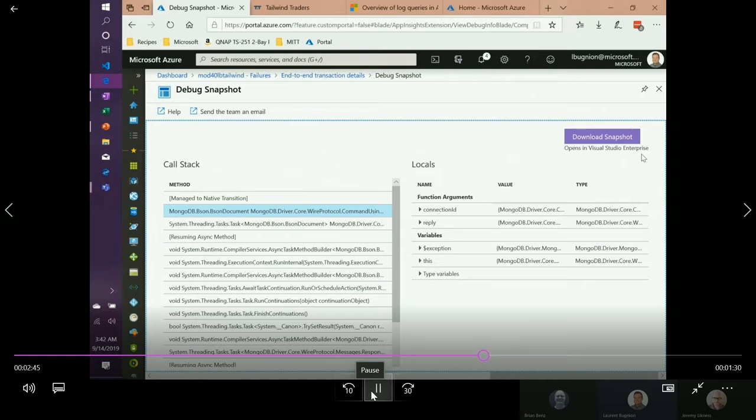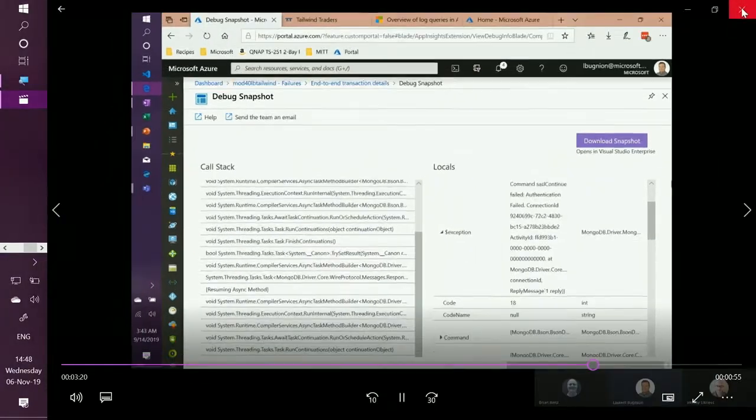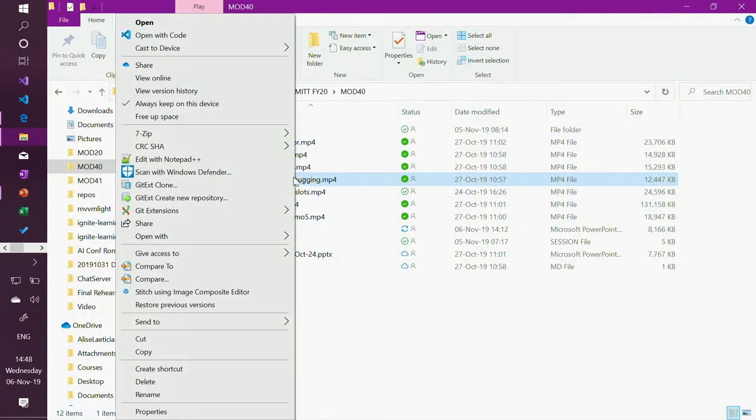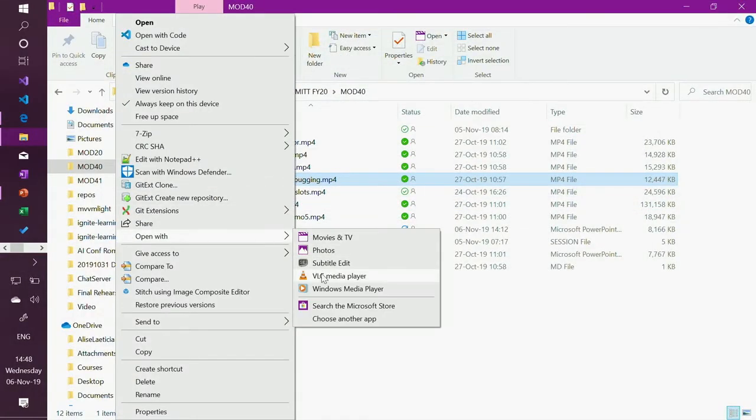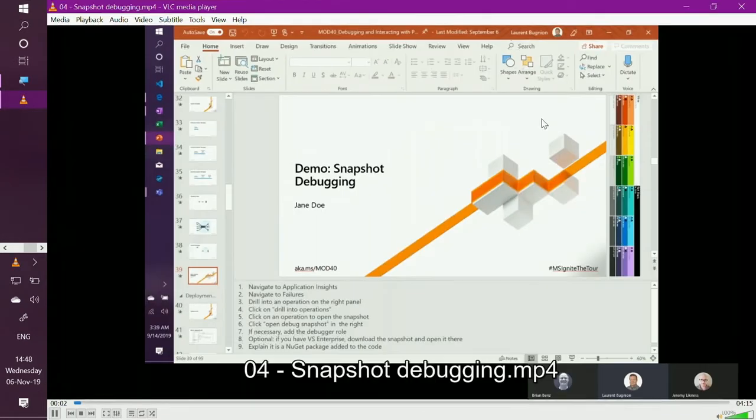And download snapshot, for some reason, it doesn't seem to be really... Is the video not working? Okay. Let me try to open the video in another player. All right, no. Okay, and so if I go back here,